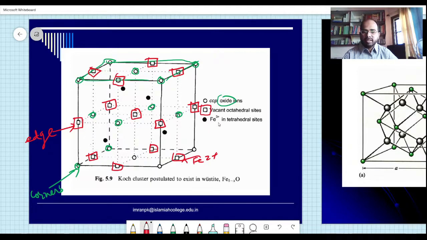But this one is the tetrahedral sites which you have here: 1, 2, 3, 4. Look at the arrangement. Suppose I place some anion there, these are all oxygens. If I place some anion there, it can be connected by means of this.